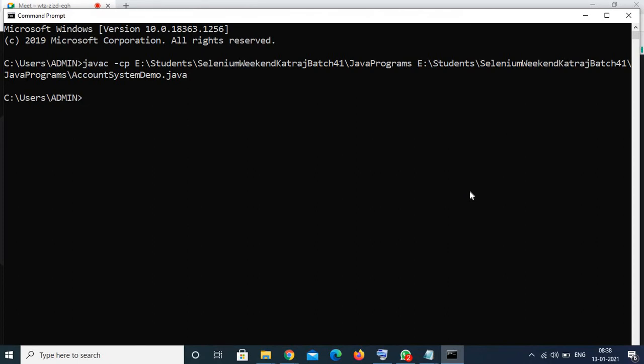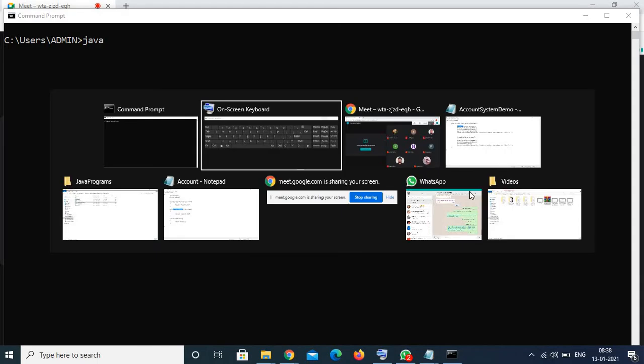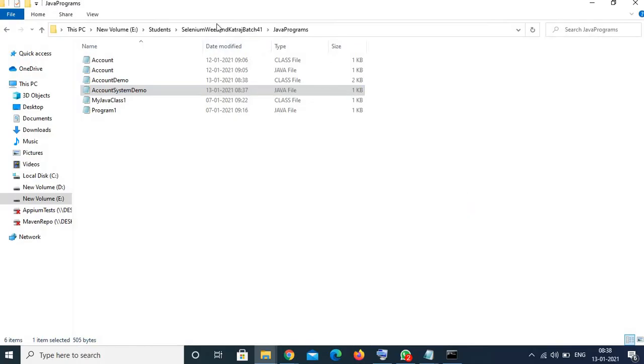Now let's execute the class, and we will get the messages printed on the command prompt, and then we will understand the flow. So I'll say cls, java. Now I want to run this particular main class account demo, which contains the main method.